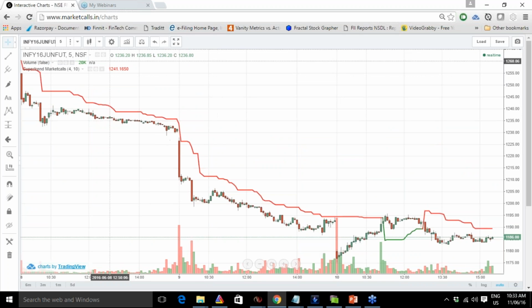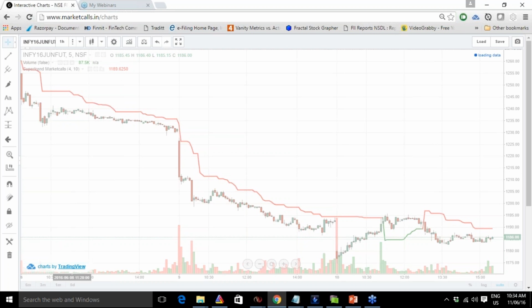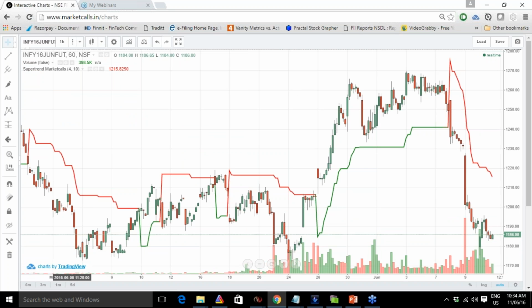We also have a customized time frame here, so you can select whatever time frame you want. We have some regular time frame setups here, which are routinely used by a lot of traders: 5 minutes, 10 minutes, 15 minutes, 20 minutes, and a lot of other time frames. Let's say I want to get into hourly charts, right? You can see the hourly charts are getting loaded instantly, and